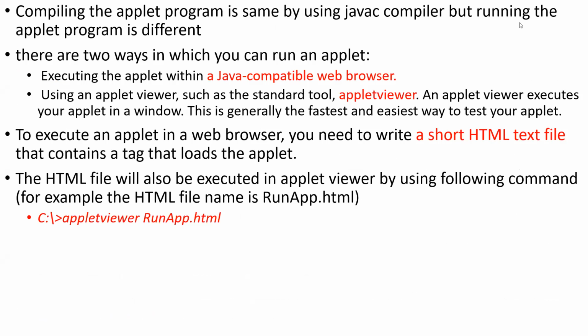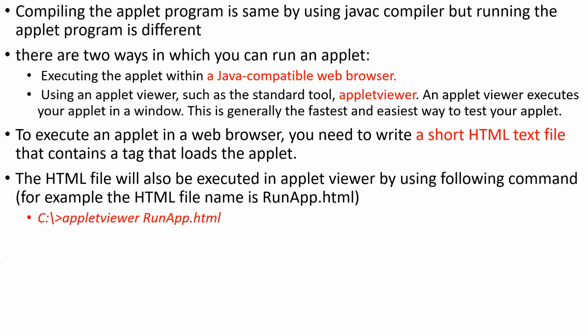So some more points regarding applets. I told that we can execute the applet programs by using either a Java compatible web browser or the applet viewer. If our applet program must be executed there, first we have to compile that applet program on our machine, because that class file, that bytecode, will be transferred to the respective machine. So our duty is to compile our Java applet program, so that a class file will be generated.